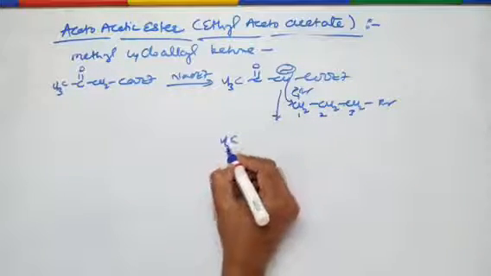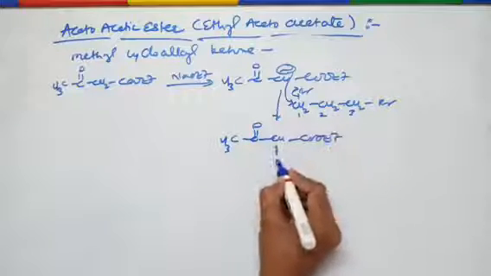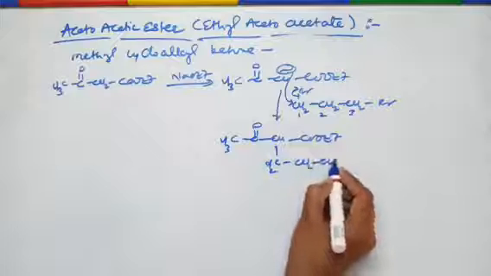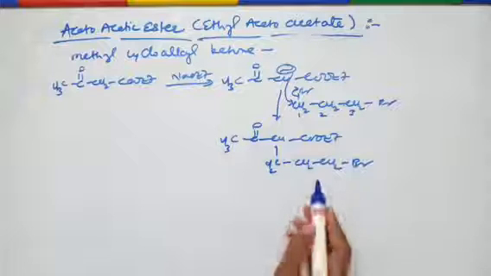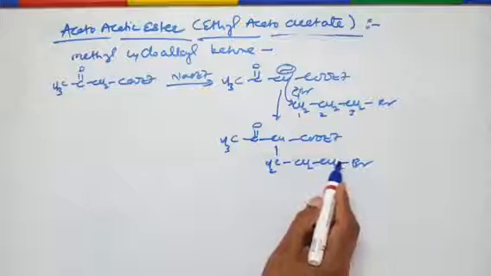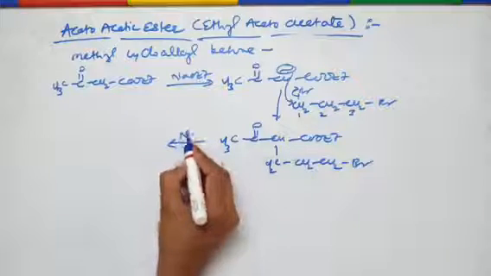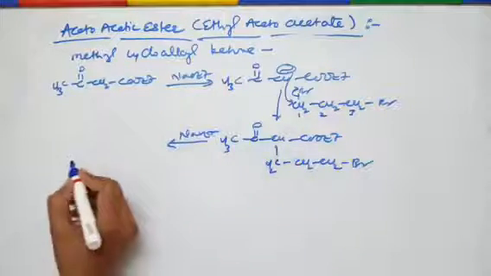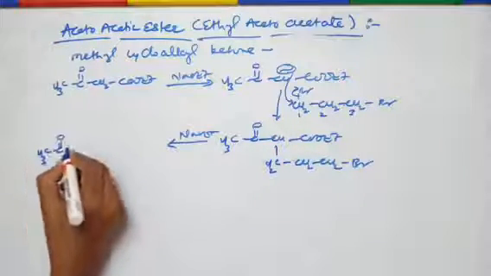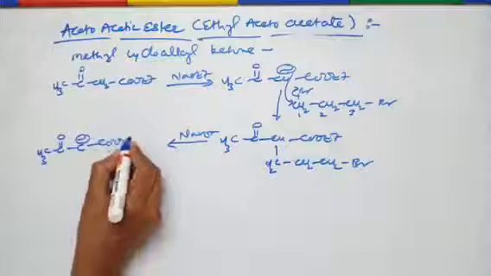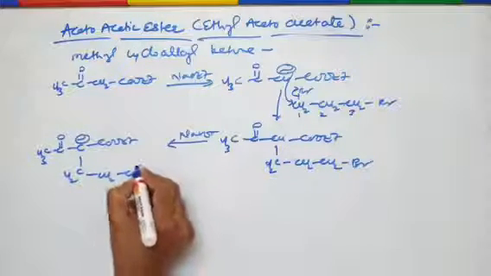So we get monoalkylation. Now as the alkyl halide is present within the same molecule, dialkylation takes place within the same molecule, that is, an intramolecular reaction takes place. Again treat it with sodium ethoxide, this hydrogen gets removed, carbanion is generated, so it is C minus COOH, CH2, CH2, CH2, Br.